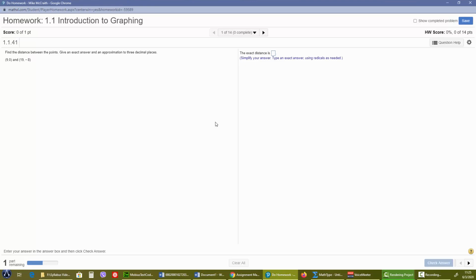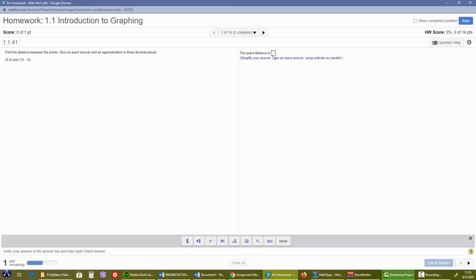Okay, so eventually, when you're allowed into the homework, you'll have something like this, and you'll type in your answer here. You might have to use this stuff down here. It is extremely explicit, meaning if you put a comma where you're meant to put a period, it's going to say wrong. So please check your work.